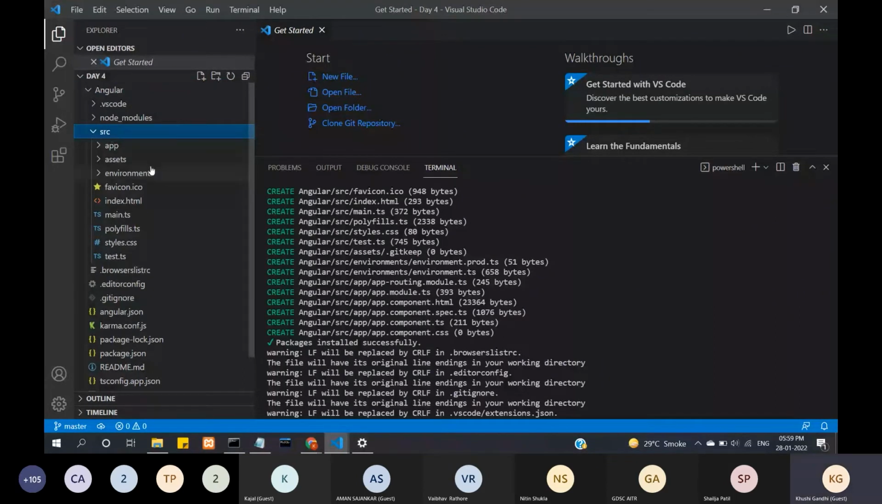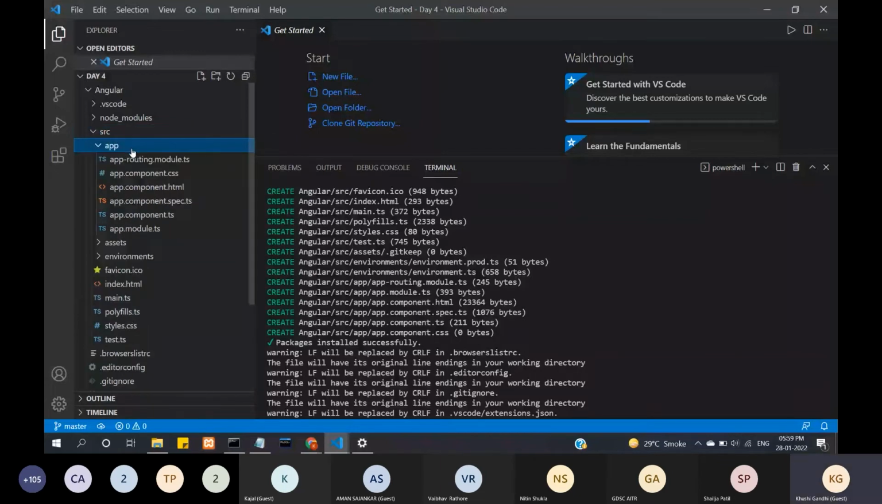One of the important folders here is this src, that is source. This is the part where most of the development will happen. Now there are other files here. We open the app folder right here. The app folder contains all the files and components. Then here is the